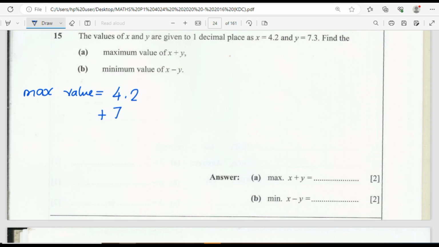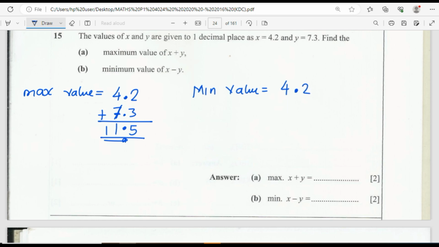plus 7.3. Whenever you are adding or subtracting, just make sure that the decimals are in the same line. So 2 plus 3, we have 5. 4 plus 7, we have 11. So this is our maximum number. What of our minimum number? For the minimum value, we do the same, it's 4.2